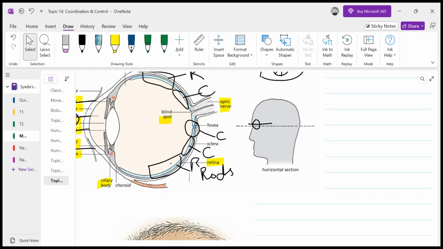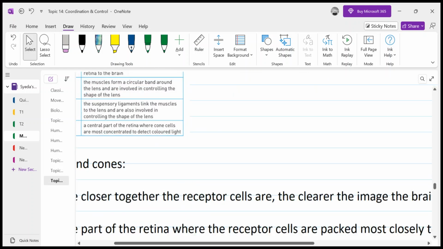And color blindness is just because we have three types of cone cells: red, blue, and green. So if one of them is not functioning well, then that light will not be sensed by our eye, and that's why we are not able to identify that color. I hope your question would have been answered. Let's move towards the pupil reflex.